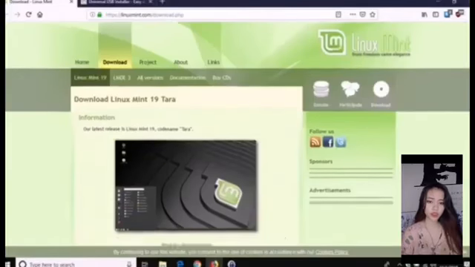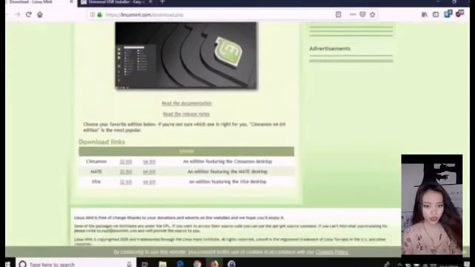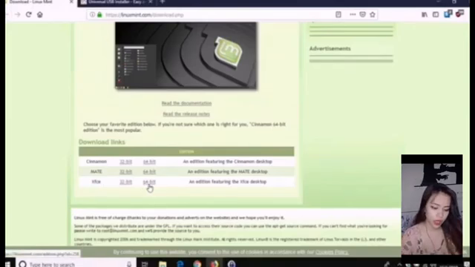The next thing we're going to do is go to this website where you can download Linux. As you can see, it has 3 download links. These 3 download links are 3 versions of Linux. If you have an older computer, just download the bottom one. And if you have an updated computer, just download the second one, because Cinnamon is more demanding and has many options. The computer we're going to install Linux on now is older, so I'm going to